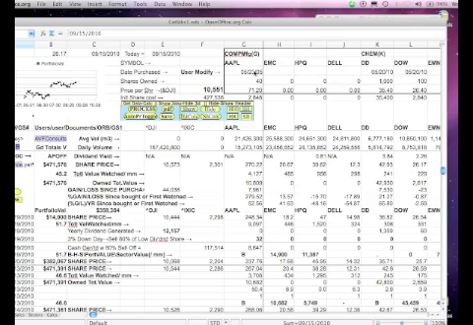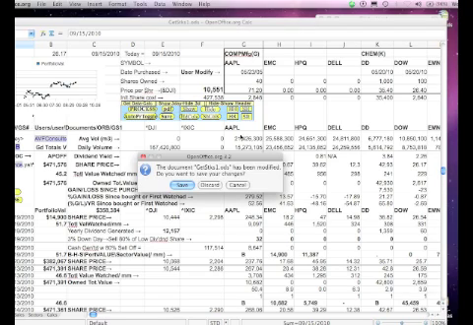For any stocks that are owned, you place the date that the stock was purchased, the number of shares purchased, and the purchase price, and then the application calculates what that stock value was at the time of purchase. It also downloads the average volume, the average 3-month volume, and